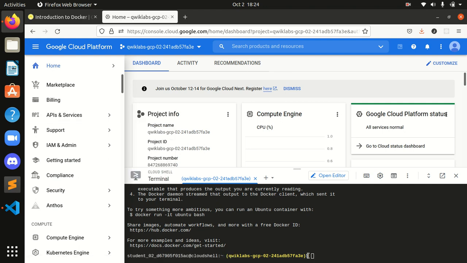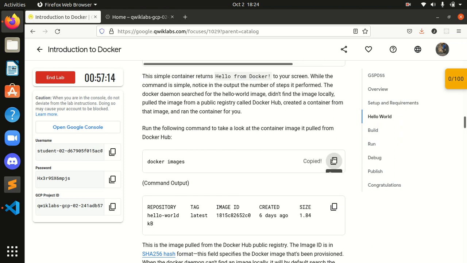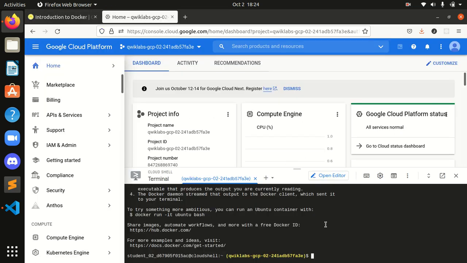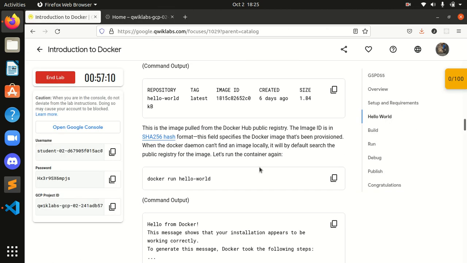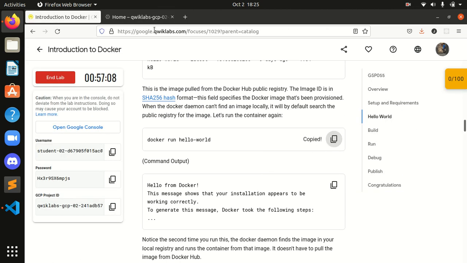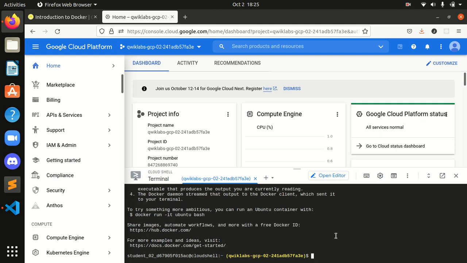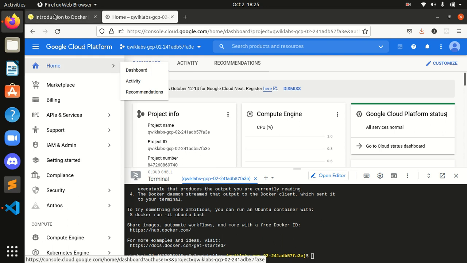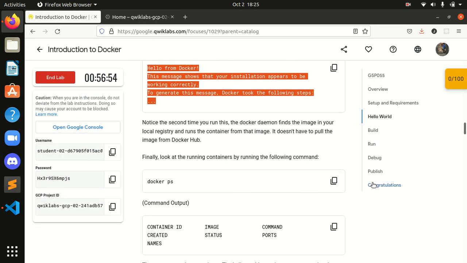Okay guys, the next command is docker images. I will copy this, paste this command and press enter. And after that, docker run hello-world again. Now it won't show an error. See guys, we have made it through. You can check the output to see whether it is right or wrong.